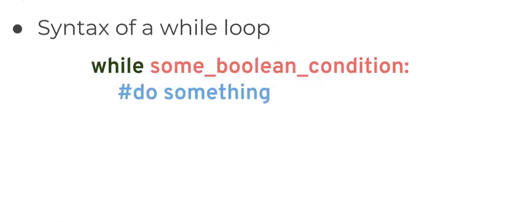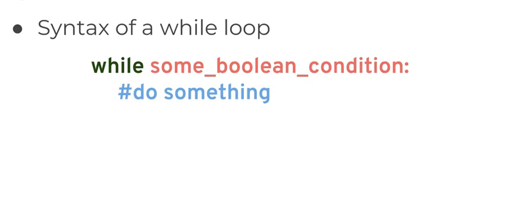So let's explore the syntax of a while loop. It's actually quite simple. We're going to say while and then some sort of Boolean condition. So we'll usually have some sort of comparison operation check, and a lot of times it's going to be while some variable is true, or equals true, then colon, and then a block of code. And that block of code, in this case represented by do something, is going to continue to execute while the